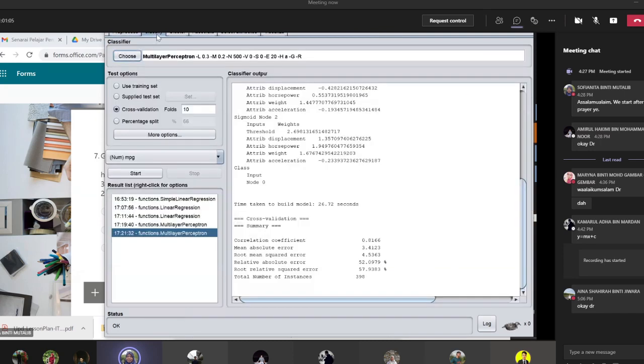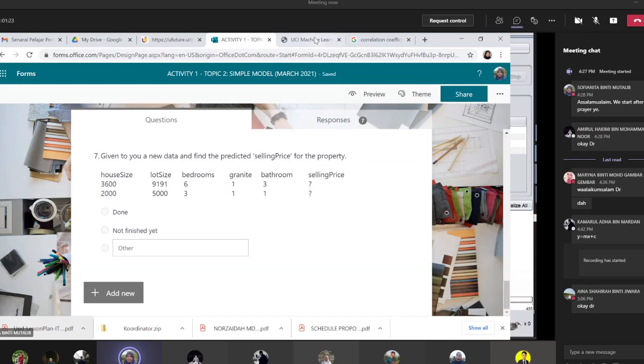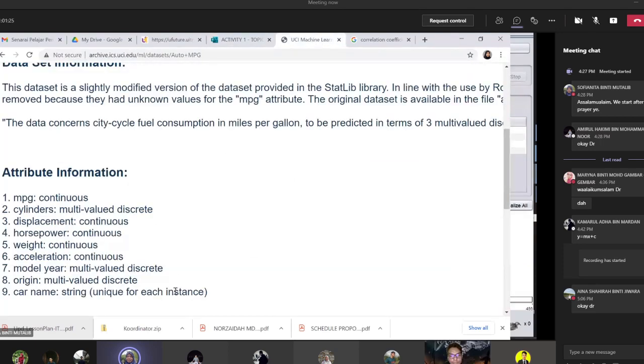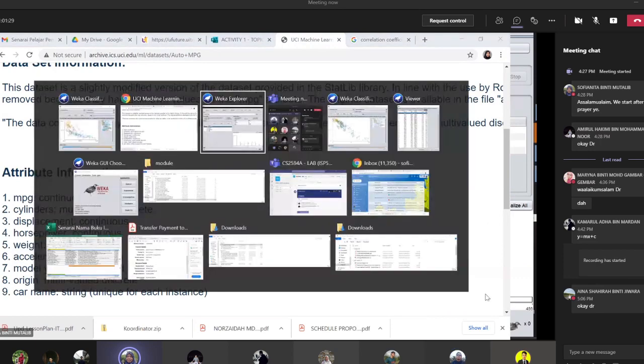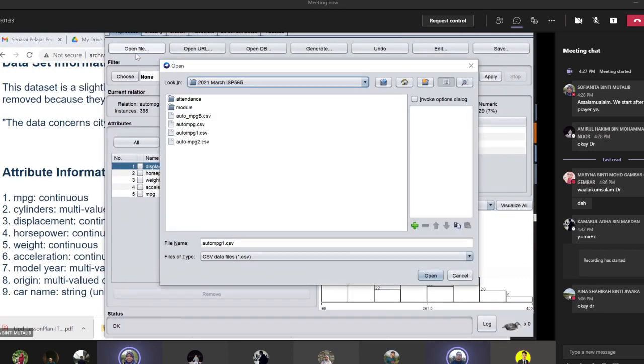Okay, so any more questions? Anything else? Okay, everything okay? Right, so I think that's the main agenda that I wanted to cover for today. If you want to explore, you can try other data sets. For example, if you look at Weka itself,